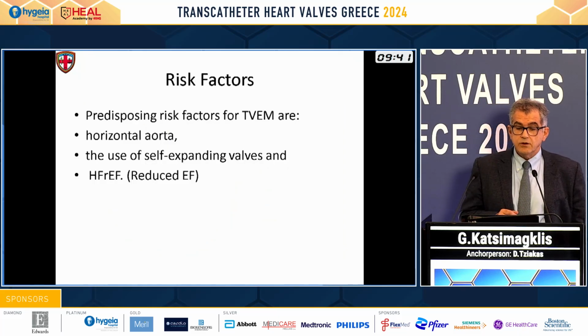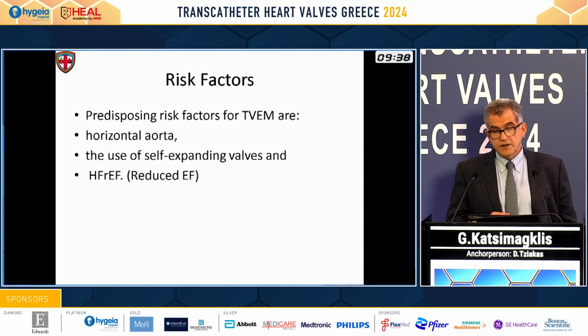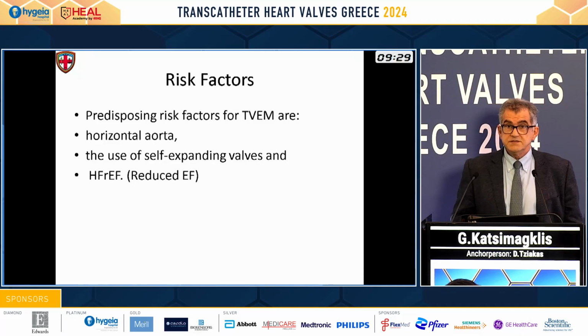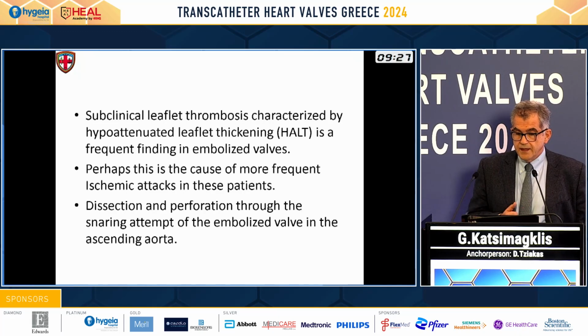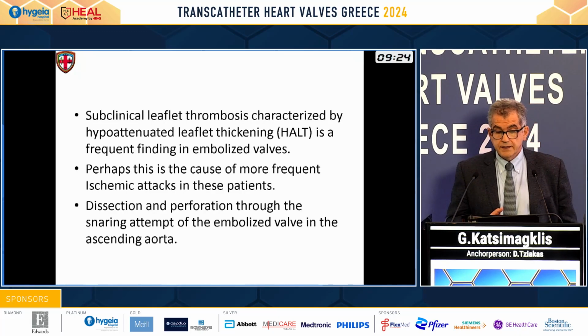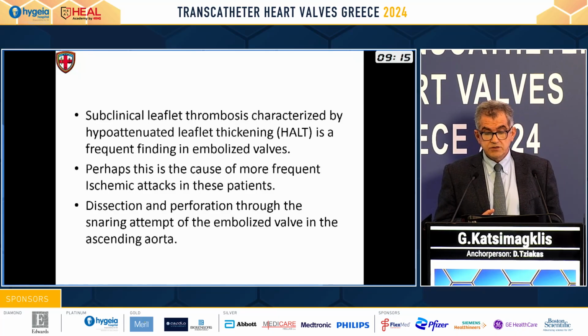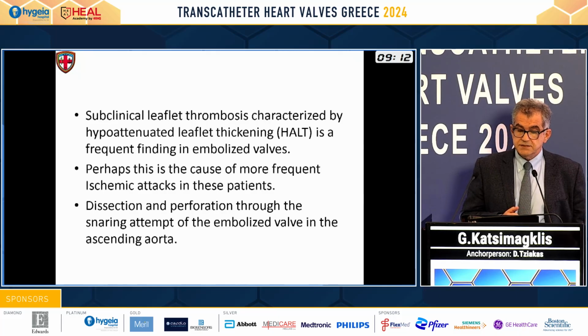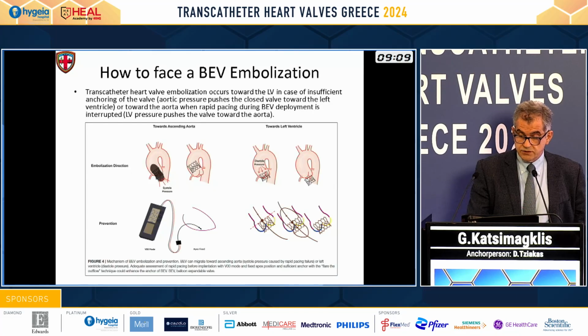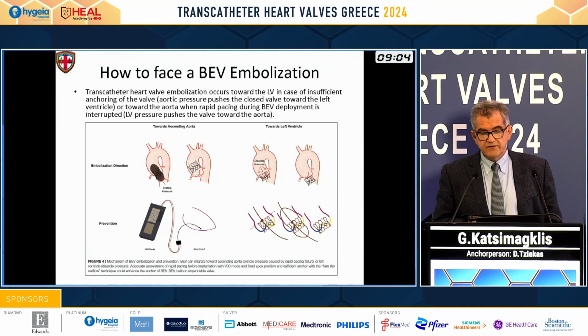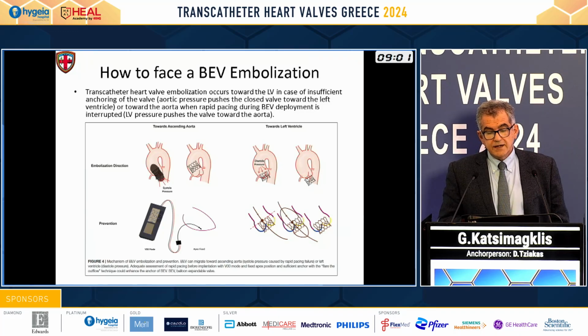The risk factors from this cohort for TAVI embolism were horizontal aorta, the use of self-expanding valves, and patients with reduced ejection fraction. Also, there was a frequent finding of subclinical leaflet thrombosis. Perhaps this is the cause of more frequent ischemic attacks in these patients, and also dissection and perforation through the snaring attempt. Now, when we have a balloon expanding valve which is embolized in the aorta,